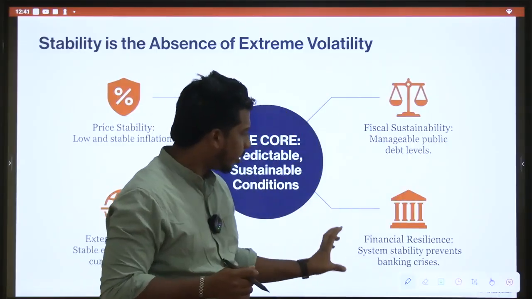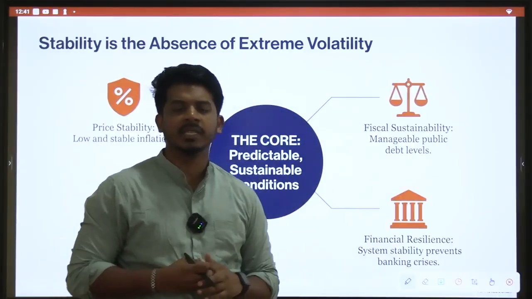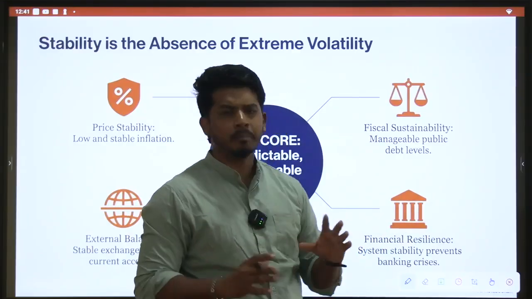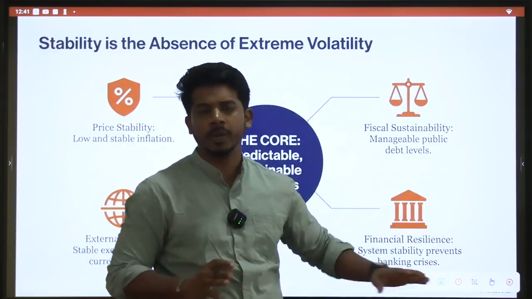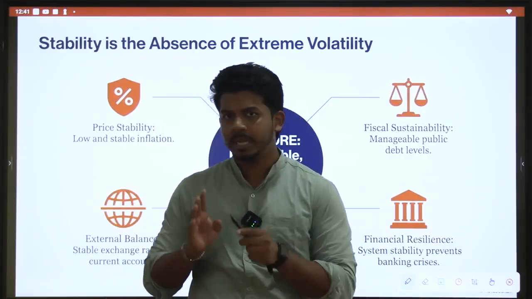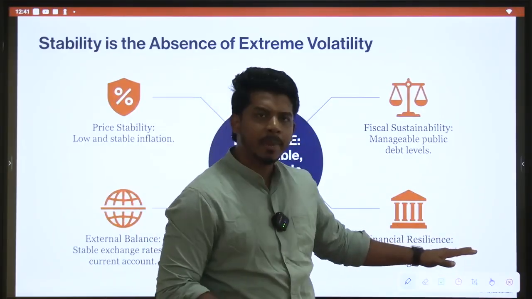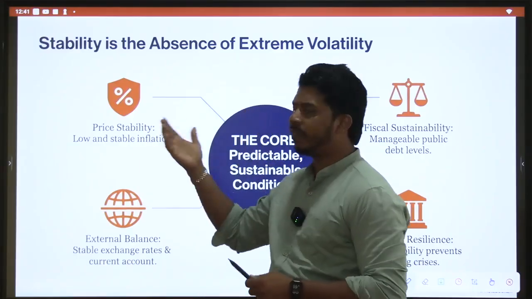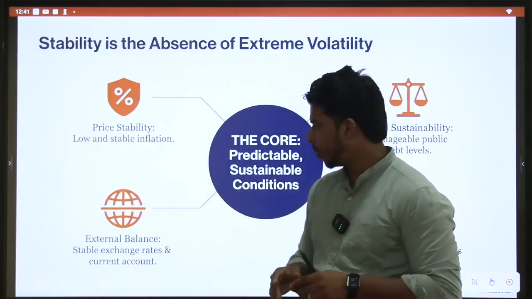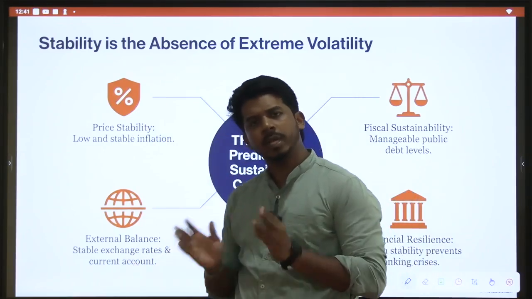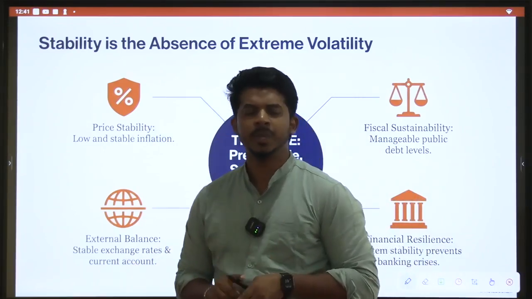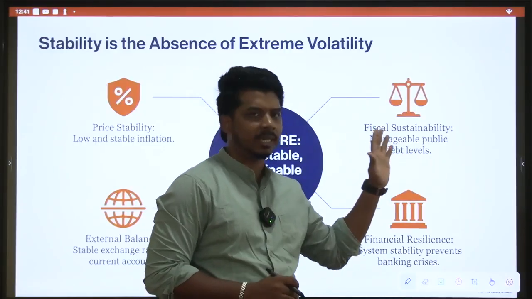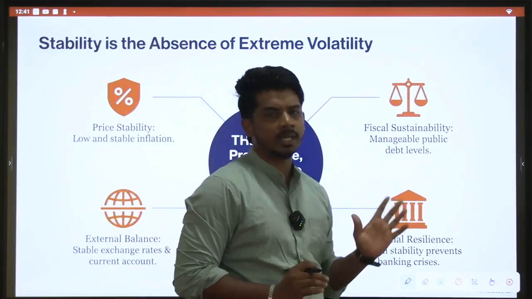Then there is the resilience of the financial system. The financial system should be resilient. That means the banking system, etc., should be stable. We have already seen this is happening. In the previous class we saw that the banking industry in India is comparatively stable, inflation is also comparatively stable, and we have enough forex reserves in the country. Now let us talk about debt levels. In fact, India is also managing this. We will see more details on this.